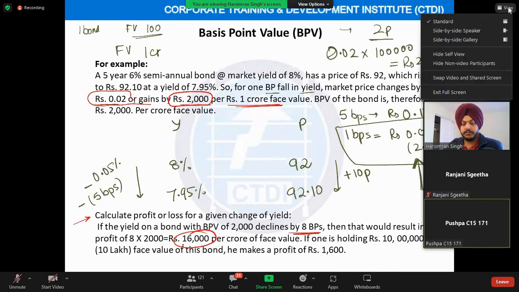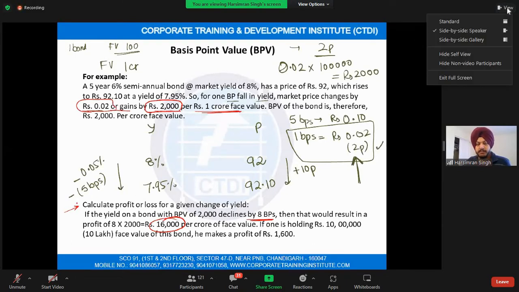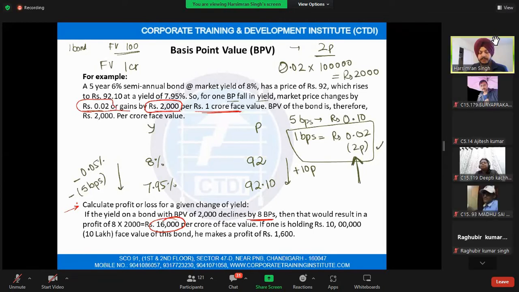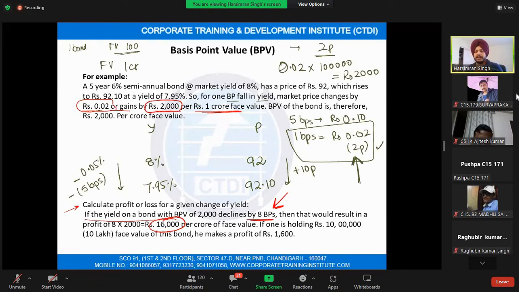सर ये 8 बीपीएस ये क्वेश्चन में आए क्या? हाँ मैम, ये देखो ना मैंने लिखा है. मैम एक पहले ना बात समझो, इसको एक क्वेश्चन की फॉर्म में मत समझो, पहले इसको एक कॉन्सेप्ट की फॉर्म में समझो. ये एग्जांपल आई हैव टेकन स्ट्रेट फ्रॉम मैकमिलन, दिस पर्टिकुलर एग्जांपल. ओके, मतलब 8 बीपीएस जो दिया है ये क्वेश्चन में ही है ना? ये देखो मैम, ये देखो ना, ये देखो. इफ द यील्ड, मैम ये एक, आप क्वेश्चन को भूल जाओ, आप सिंपल मेरी बात को सुनो. ठीक है सर. वो यहां तक समझ आ गया ना? यहां तक समझ आ गया ना? हाँ बिल्कुल बिल्कुल सर, बिल्कुल.